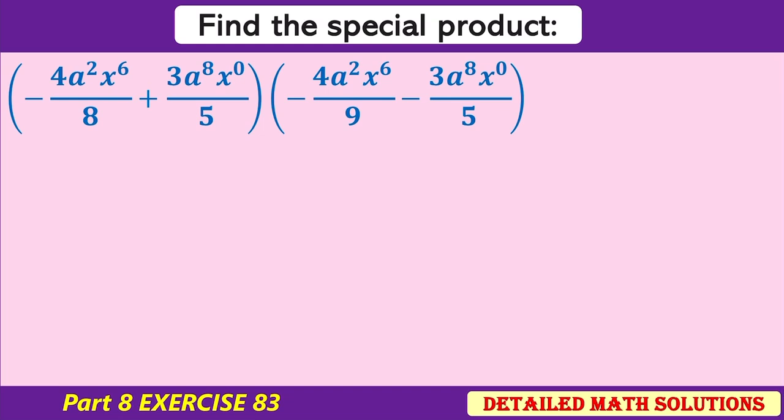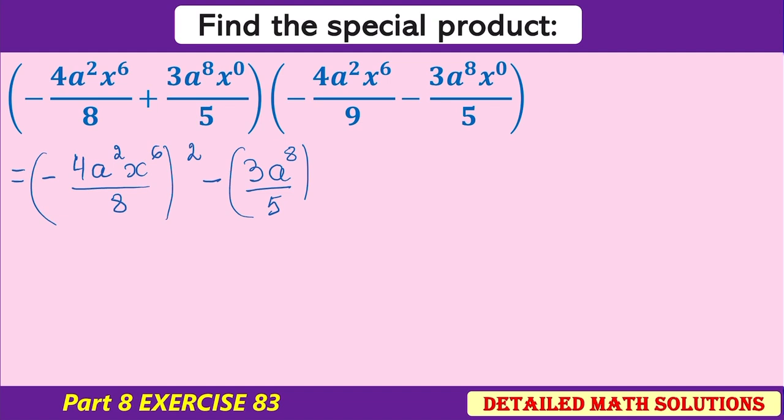Therefore, when I use the formula, this will equal (minus 4a squared x to the 6th power over 8) squared minus 3a to the 8th power x to the 0th power. x to the 0th power equals 1, therefore I'm not going to write it, over 5 in parentheses squared. This equals